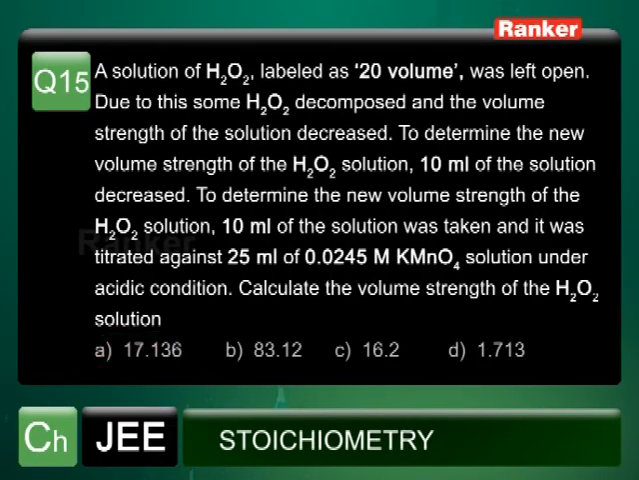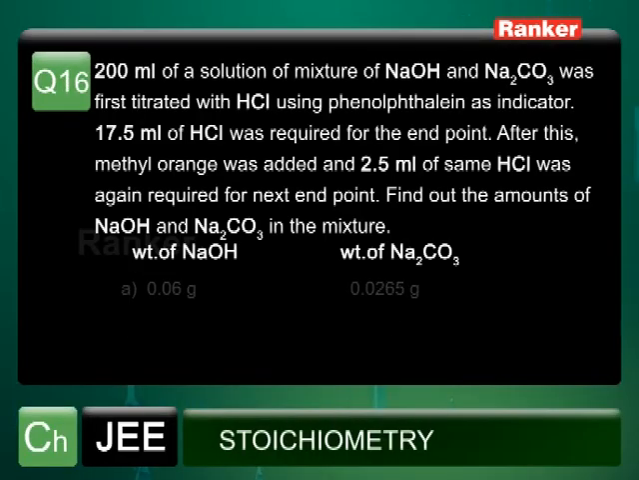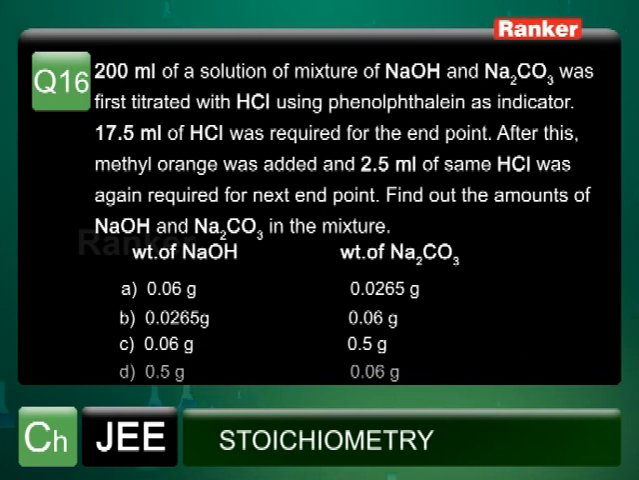We have 200 milliliters of a solution of a mixture of sodium hydroxide and sodium carbonate, which was first titrated with HCl using phenolphthalein as indicator, and HCl required was 17.5 ml for this endpoint. After this, some methyl orange was added, and 2.5 ml of the same HCl was again required. I mean to say the stock solution was required for the next endpoint, the methyl orange endpoint, and you have to find out the amounts of NaOH and